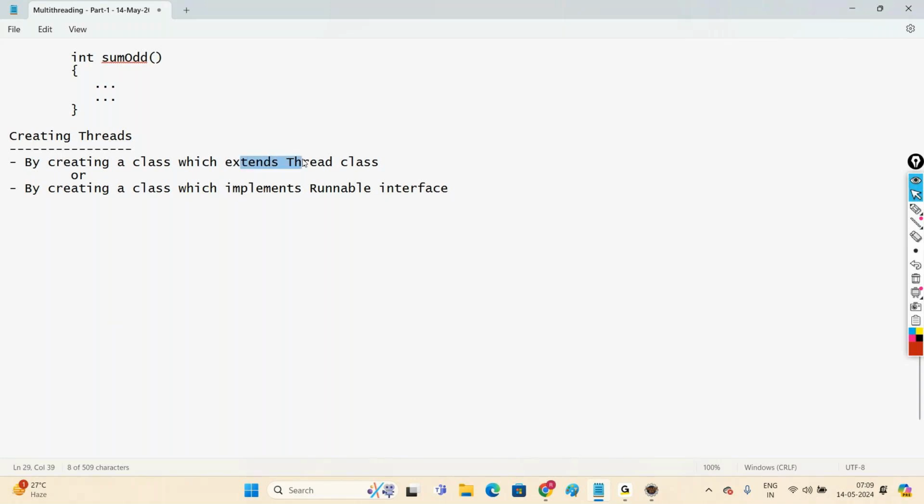Either you can extend thread class or implement runnable interface. Today, let us see thread class, and next class will go with runnable interface. Using thread class, what to do is just to create a class like myThread extends thread. Understand carefully. This thread is